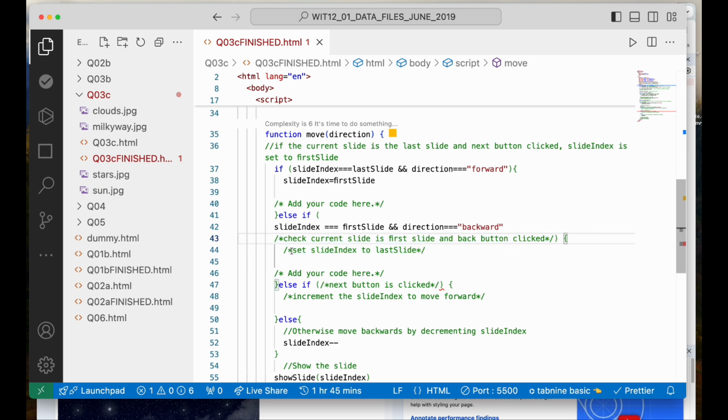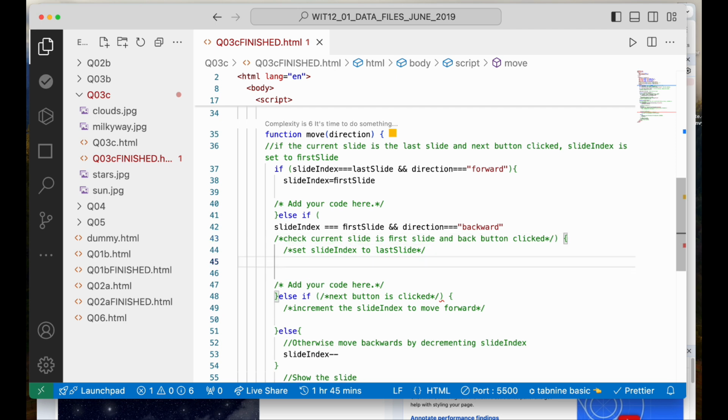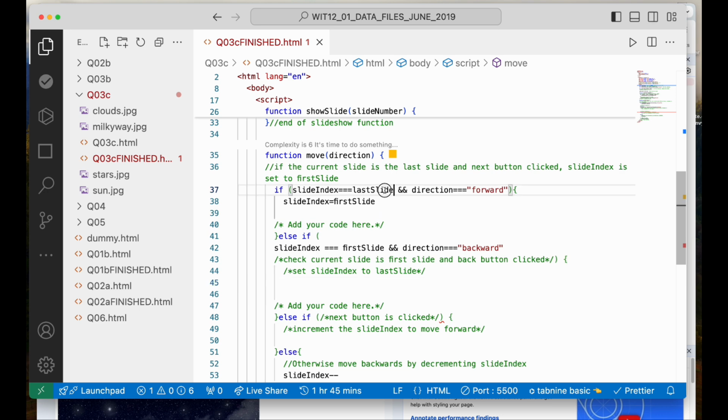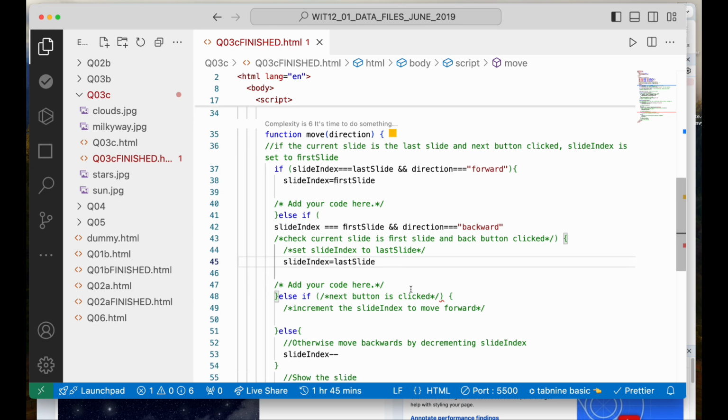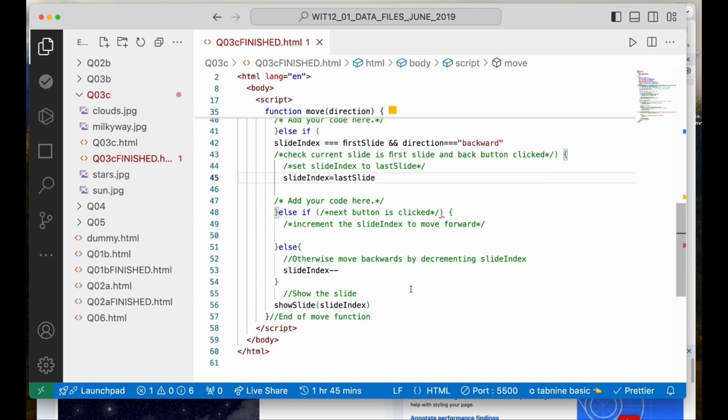Now we will move to the question. Set slide index to last slide. So we have to set the slide index to last slide. This is the last slide, right? But here we have to assign it, they are not checking it. So what we have to do, we just copy this one. This one is the first slide, so we just copy and then paste. This one was shifting to the first slide. Now we are shifting it to the last slide. Save it. Now else if next button is clicked,